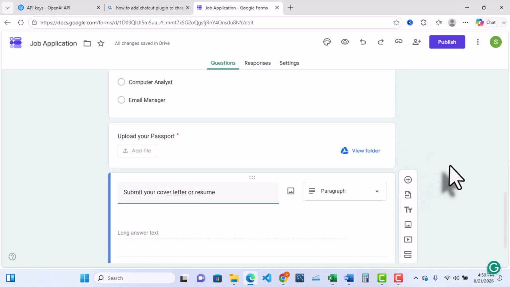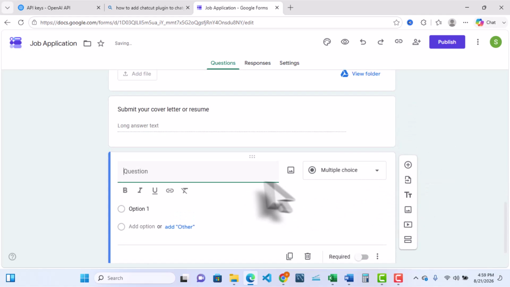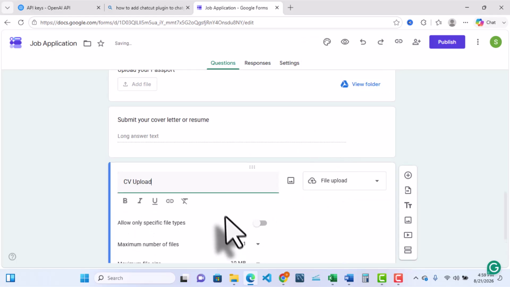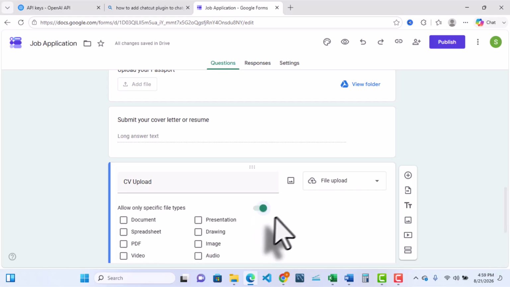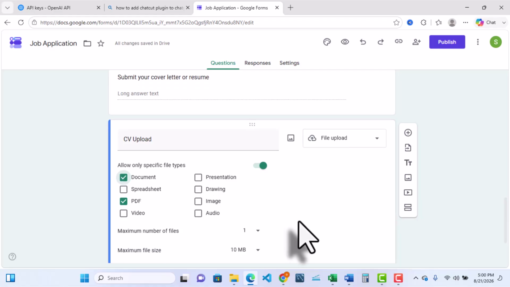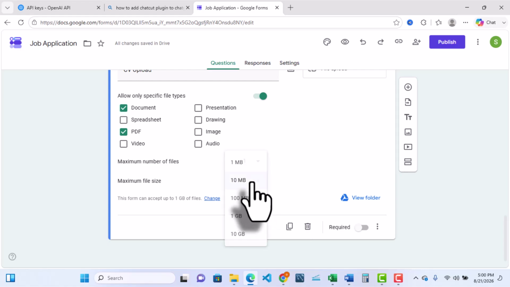You can see what is expected of that person. If you also want to get maybe the CV of the person, you can say CV upload. Now you can come up here, then choose upload files. Then you have it this way. What type of file do you want that person to upload? It should be PDF file or document file. Aside from this, no other file format will be accepted. Of what size do we want to maintain? We can just leave it at 10 megabyte, and then we can also make it compulsory, and then we go